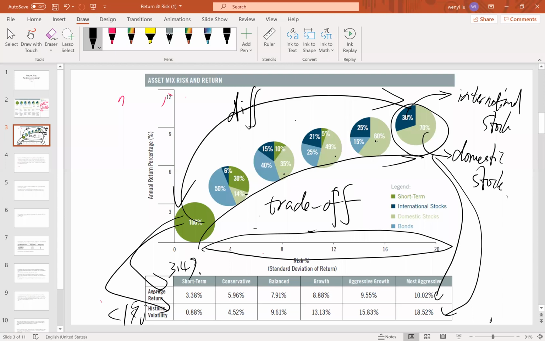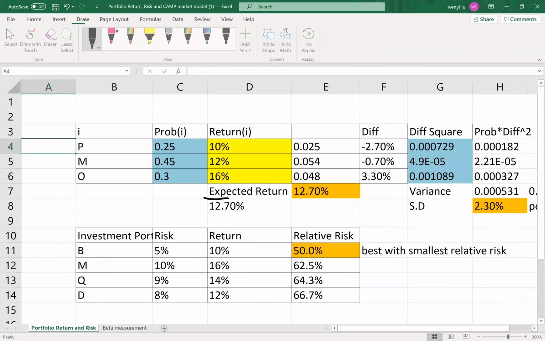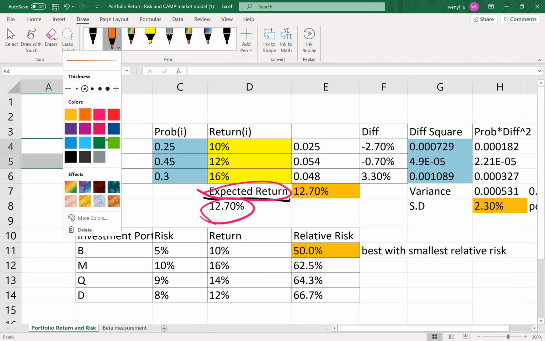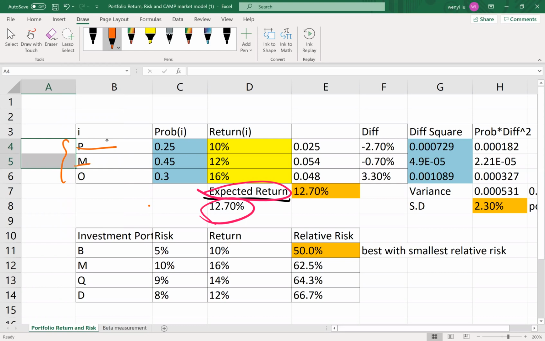So let's take some questions about our chapters. This is the example we already presented in the lectures on the blackboard. You can see our calculations for expected return and also for risk. How to solve expected return? Suppose there are 3 scenarios. P means the pessimistic, M means the mild, O means the optimistic. So our economists have 3 situations, and we also have different probabilities for different trends. About 25% our economists will go to pessimistic,